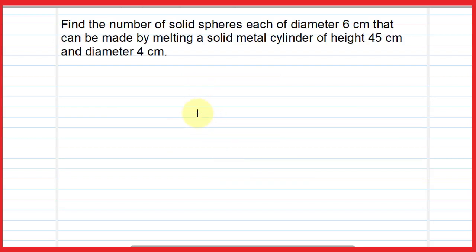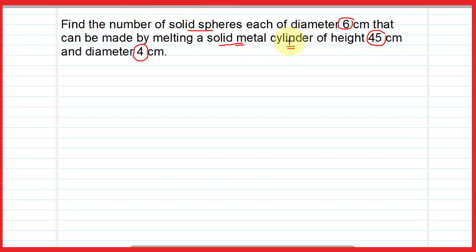So friends, here is the first question on the screen. Find the number of solid spheres, each of diameter 6 cm, that can be made by melting a solid metal cylinder of height 45 cm and diameter 4 cm. Friends, there is a solid metal cylinder of height 45 cm and diameter 4 cm, which is melted and cast into solid spheres of diameter 6 cm, and we have to find the number of solid spheres that are made